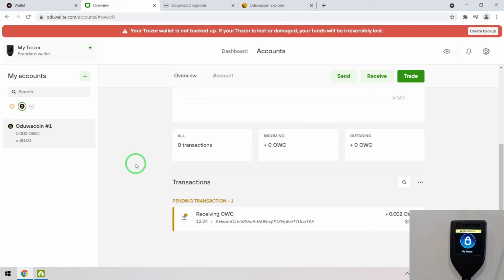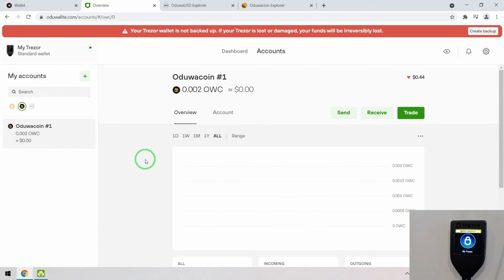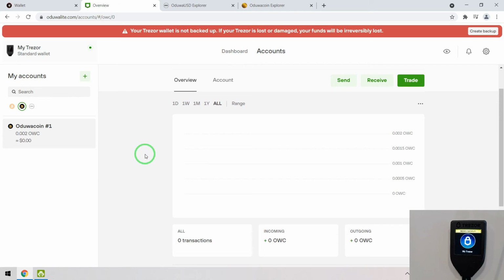So you can store any cryptocurrency on a Trezor hardware wallet, and this is open source, and Trezor firmware is made in such a way that you cannot access its private key or backup seed from another website.